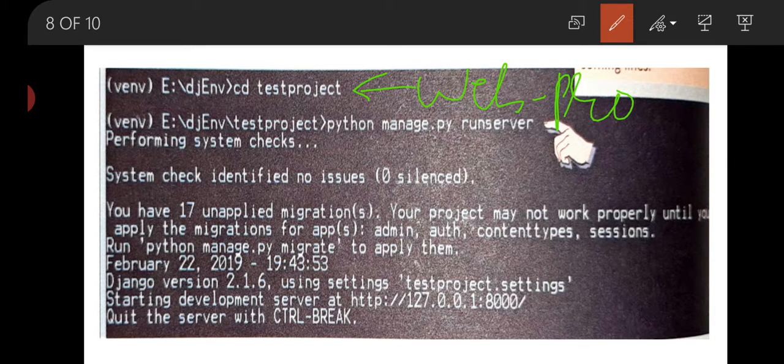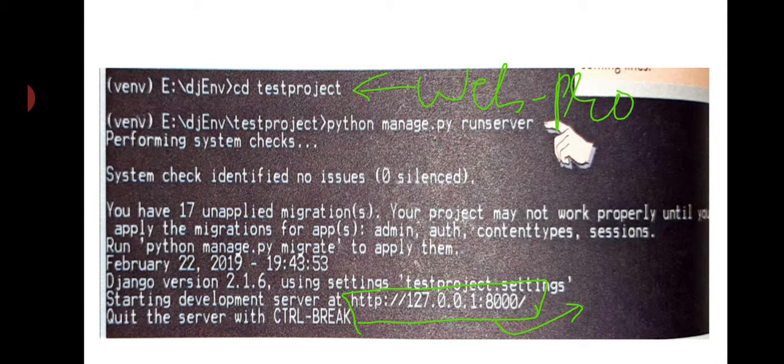Now when we have run python manage.py runserver, see here we have written your IP address. You can see that this is your IP address, http://127.0.0.1, and this is your localhost address, port address 8000.